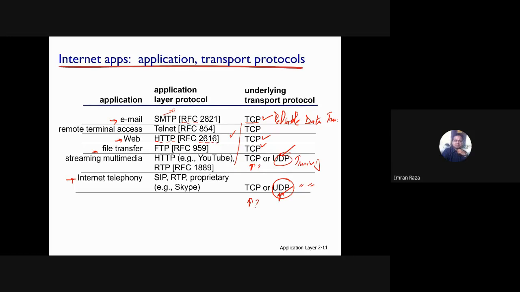And if I talk about Skype, its RFC is not there. Why? Because as we discussed earlier, it's proprietary.